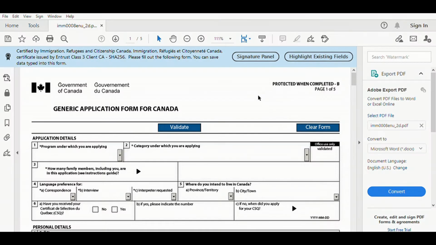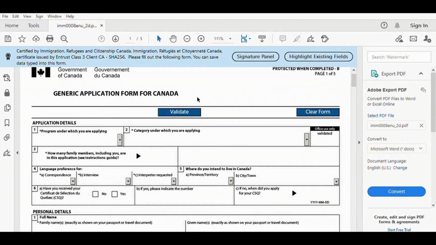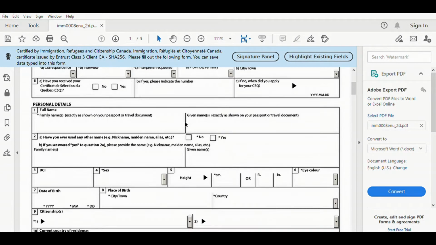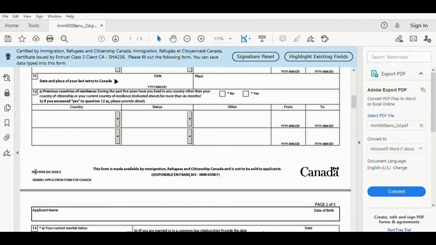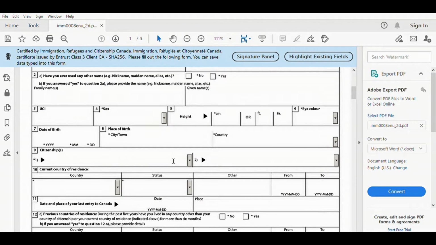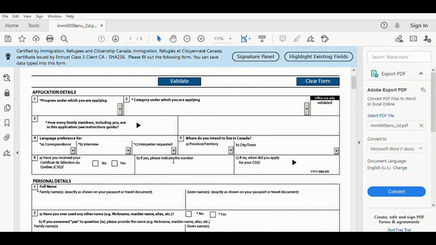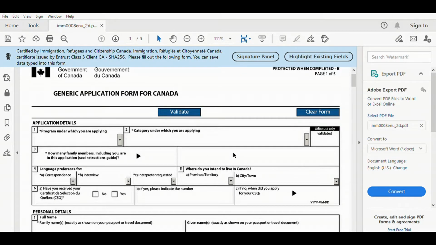You have your PDF open. This is how the form looks. The name of the form again is on your footer, which is IMM0008. And the version for this is June 2020. So if you find on the website one with a later date, that means that's the latest version. So this is the one that we just downloaded from cic.gc.ca, and I'm going through the fields that you would